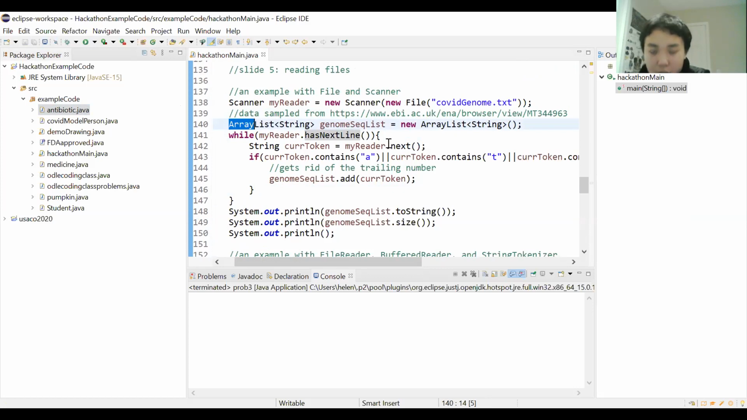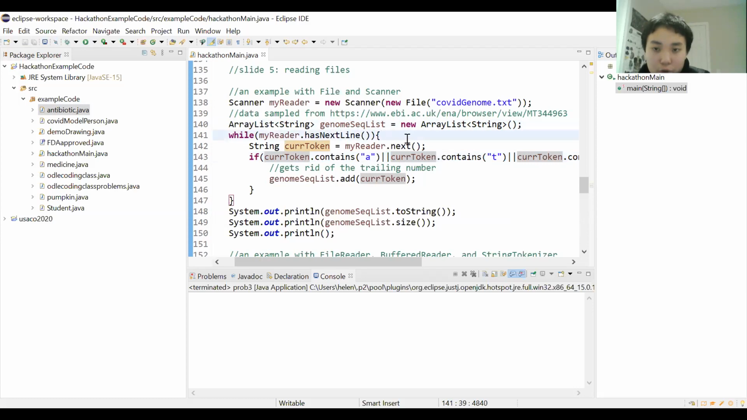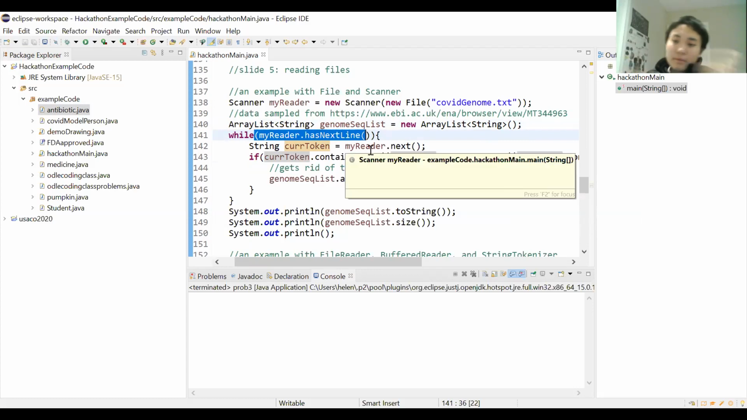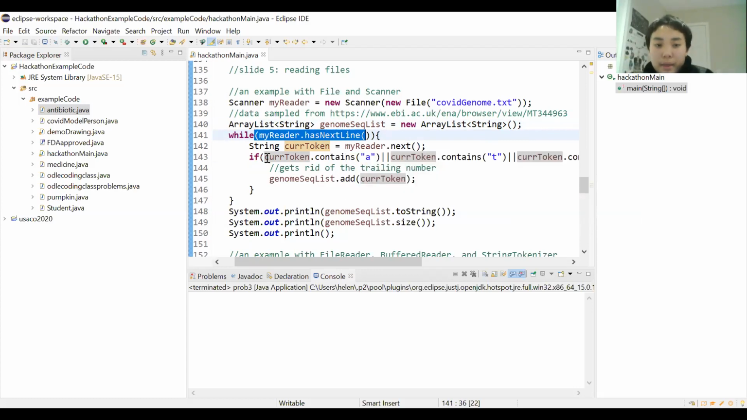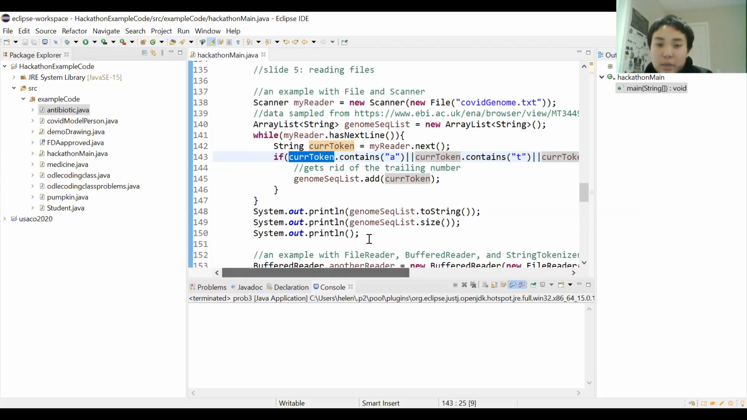in groups of 10. So I wrote a little while loop to do that. I can dissect this a little more if you want, but I'm sure you guys know how to read while loops. Basically, while my reader sees another line, it will save the next token, and token is basically a word for the sake of this presentation. If the token contains A, T, G, or C, basically if it's a legitimate DNA sequence and not the number at the end of each line,